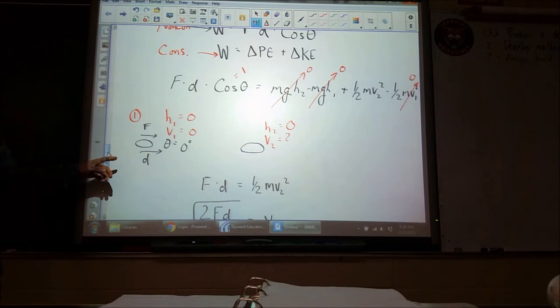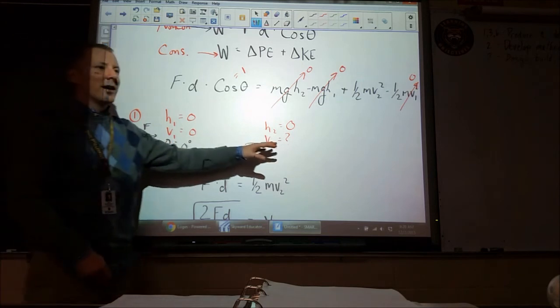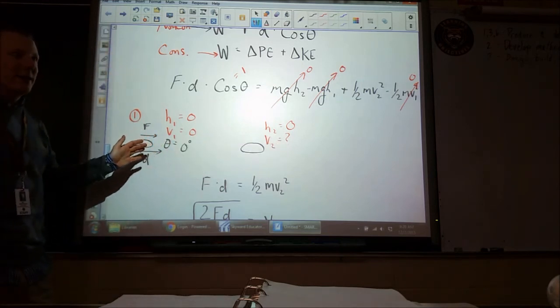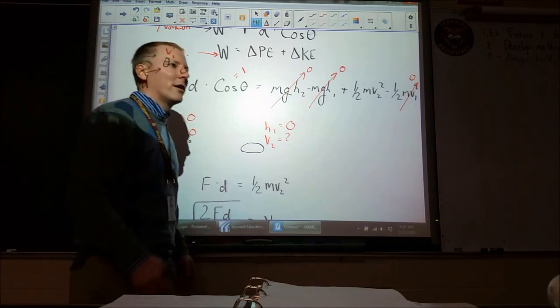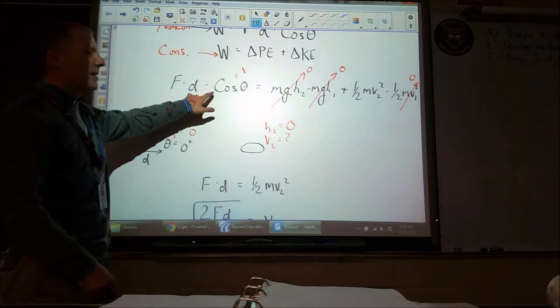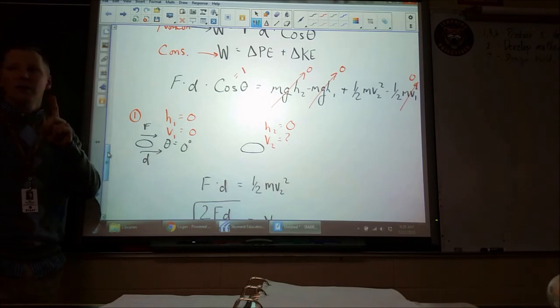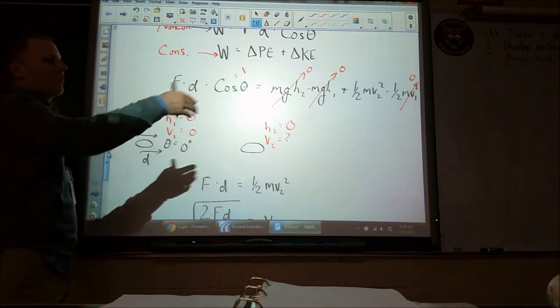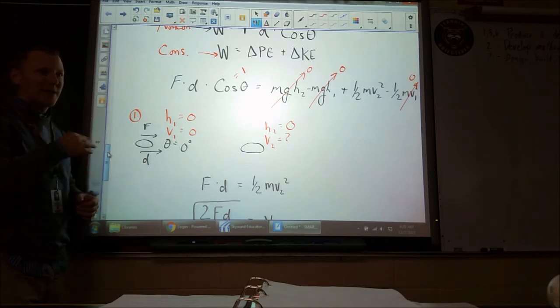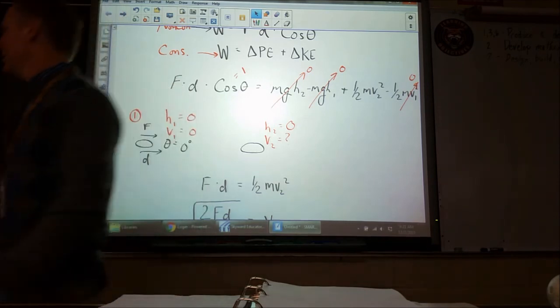We also don't have to worry about intermediate steps. I'm looking at the very beginning. Now I'm doing something in there. I'm adding a force through a distance, and then I'm looking at the end. I don't have to worry about looking at this. Well, okay, first I have to figure out the step where I'm pushing the stone, and then I'm letting go of the stone, and maybe we have some friction in there. We can lump it all together and solve it at one time. It does get to be pretty long, but since we can cross a lot out, we can simplify it very quickly. We're going to practice this today,